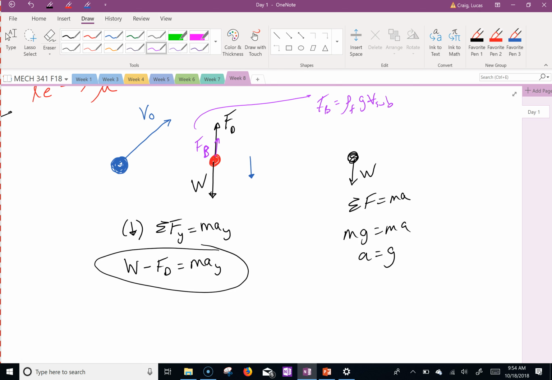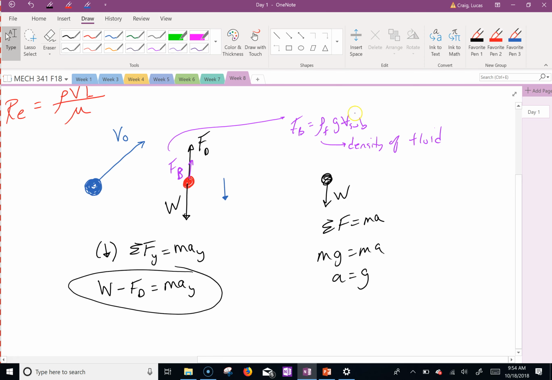Questions? Oh, this is the density of the fluid. This is the volume submerged. In this case, it's completely submerged, so it'd be the total volume. Exactly. If I told you don't do this in air, do it in water with a steel ball, you'd have to include the buoyancy force, because that's 1,000 now instead of 1.176.